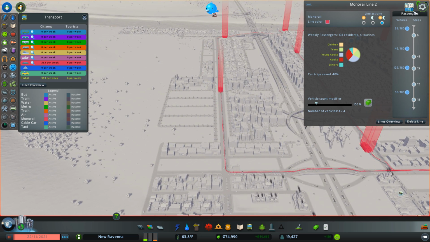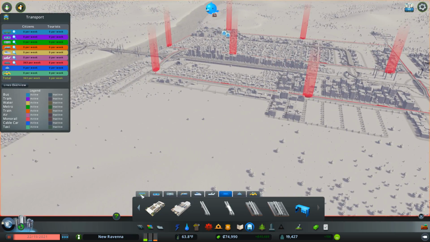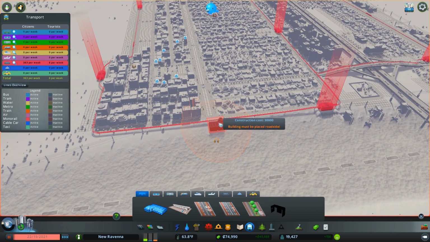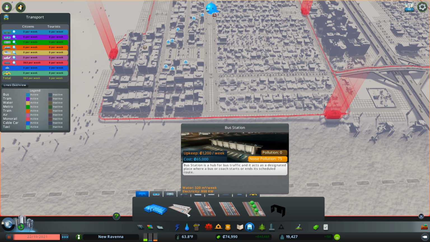But like I said, I want to add additional stuff to the... Can we close this? There we go. I want to add additional options. First and foremost, I would actually like to give my townspeople a bus system. And my bus routes are fun. All right, let's see what options we have here. We have a bus depot, a bus station. So I'm guessing...